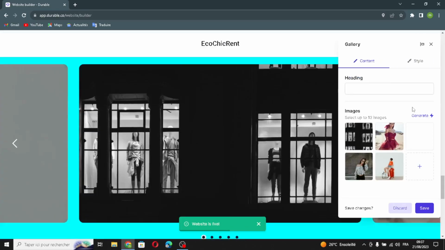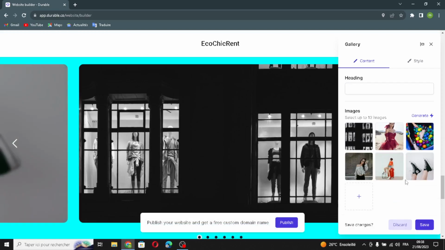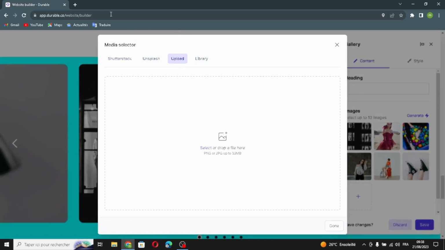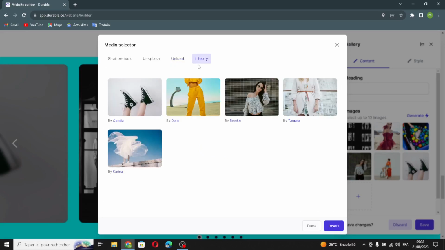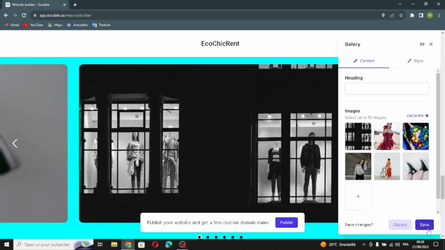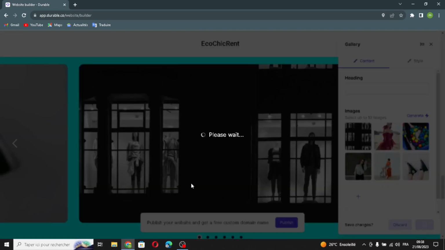Click edit, and here you can change this or add a new heading. You can generate another image. Also, if you want to upload image from browser, just search on the browser and put it here, and it will be uploaded. You can choose from library, for example this, or from here from Shutterstock. So let's save this and let's move on to the next section,